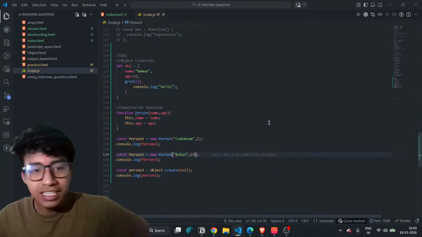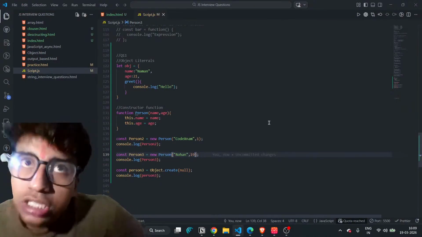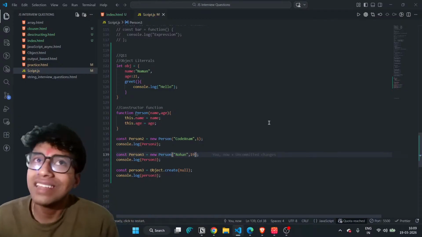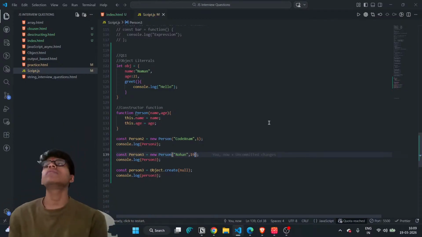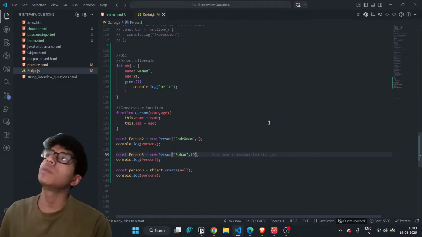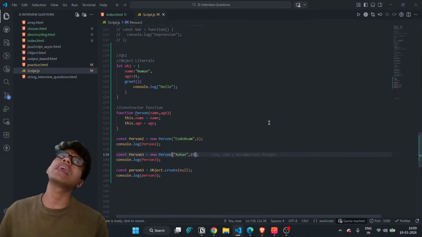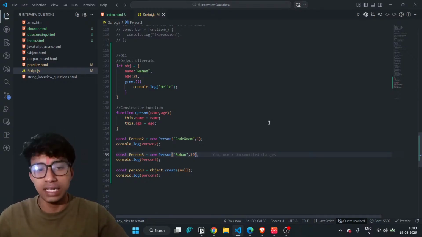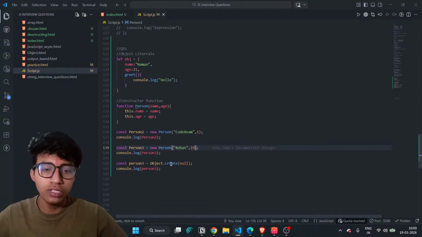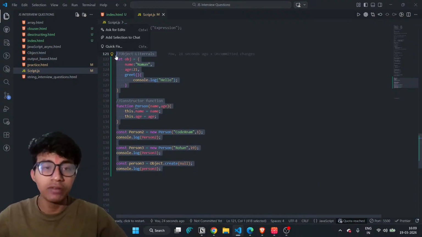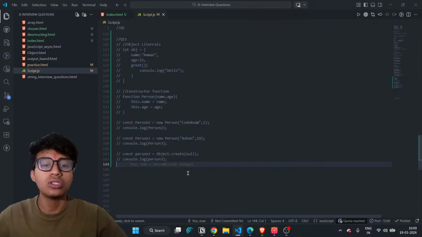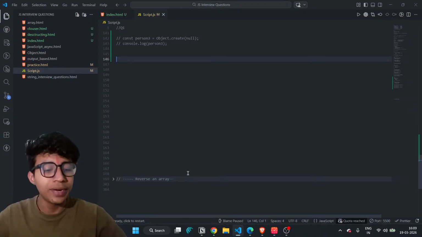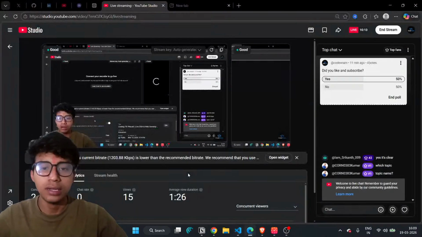An object stores the data in key value pairs and follows key reference. Now we comment out this entire code, and our question number 11 is completed. Now moving to question number 12. Here is question number 12.